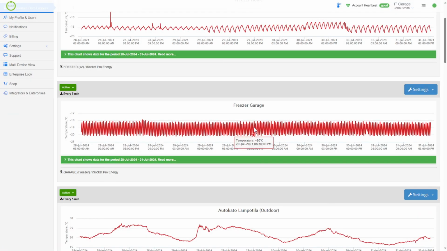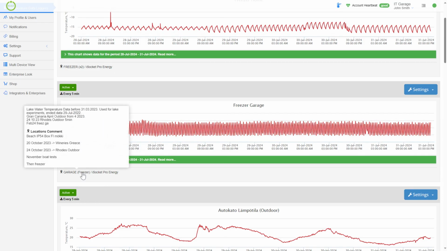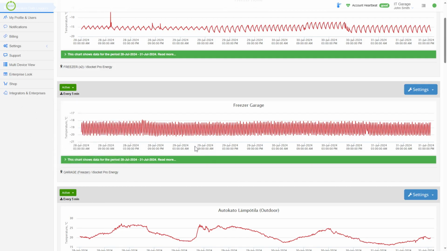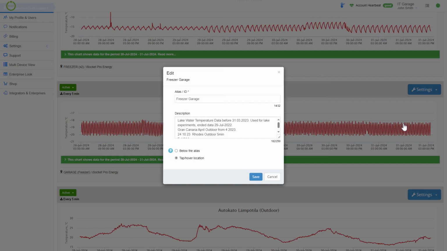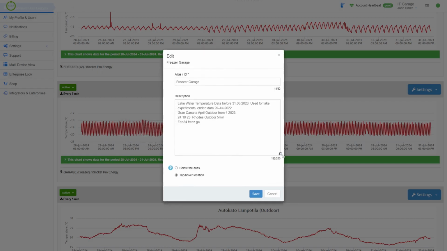Well, guys, here on this perfect Freezer Garage profile, I have a lot of other different stuff, because I've been using this IoT socket in so many locations. I memorized them here for myself. It's a kind of mess here, but that is because I remember it was a limited amount of characters, just 40 before, and then a new feature was implemented that lets you add more information.